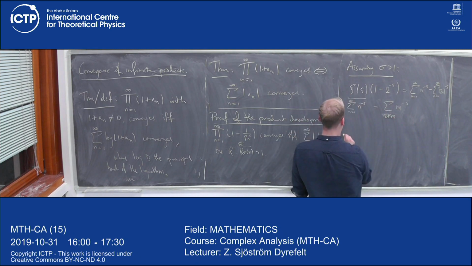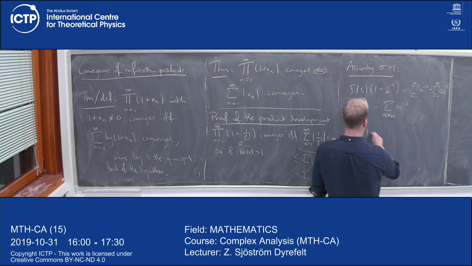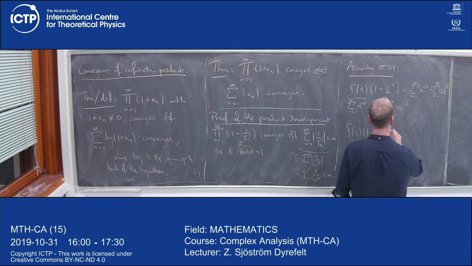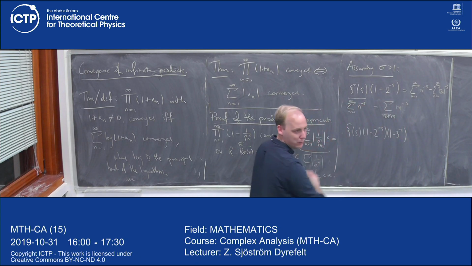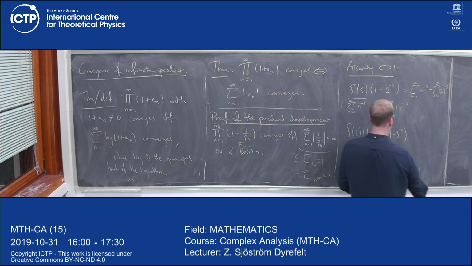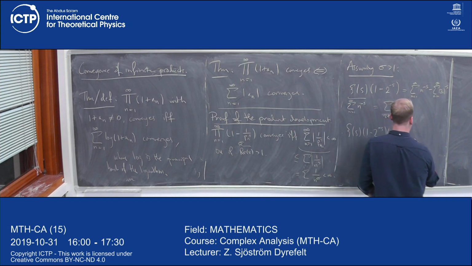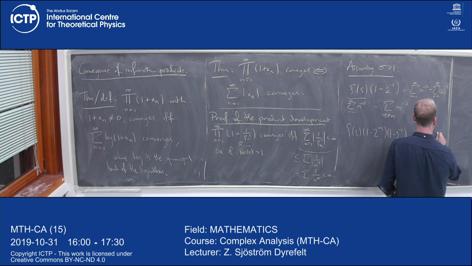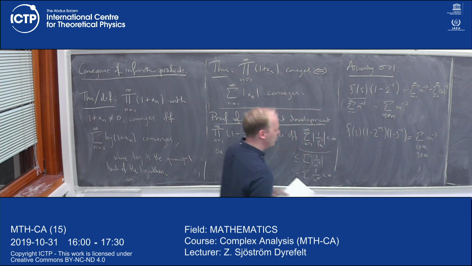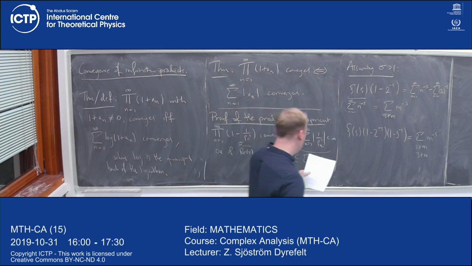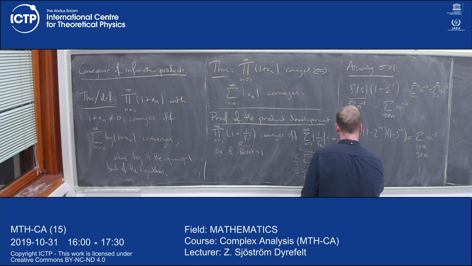Okay, so in the same way, now if I take 1 minus 2 to the minus s times 1 minus 3 to the minus s, I take the next, it's not the next number, it's the next prime, which happens to be the next integer. So this is equal to the sum of n to the minus s, where 2 does not divide n and 3 does not divide n. Exactly. So I have this. And then, in the end, more generally,